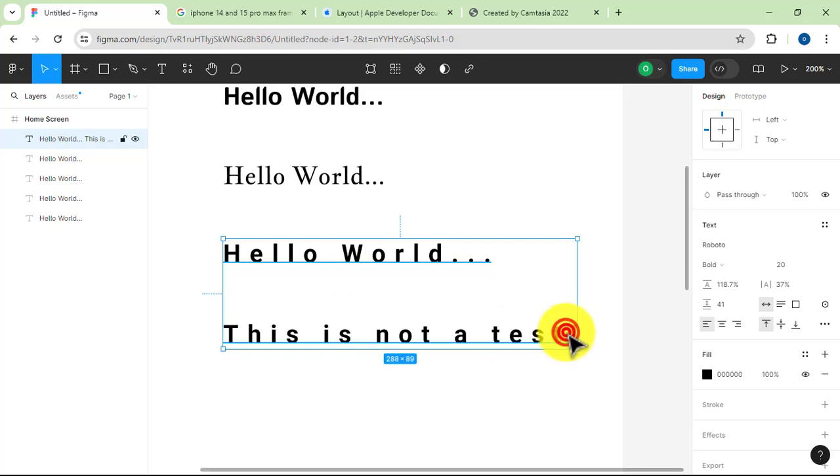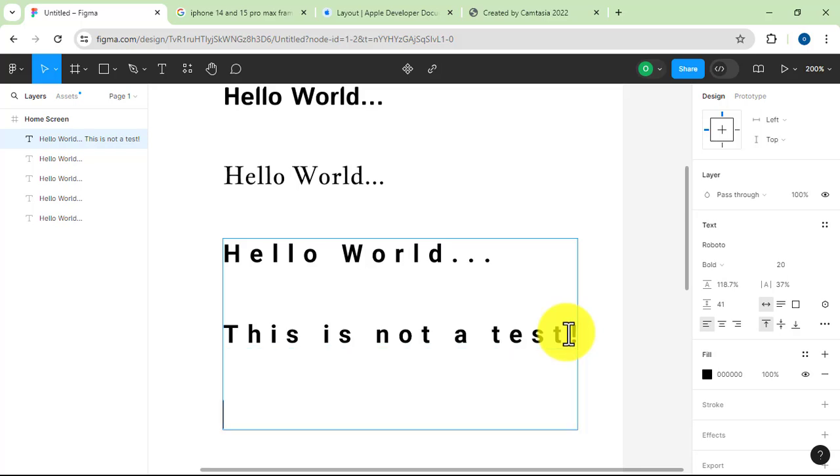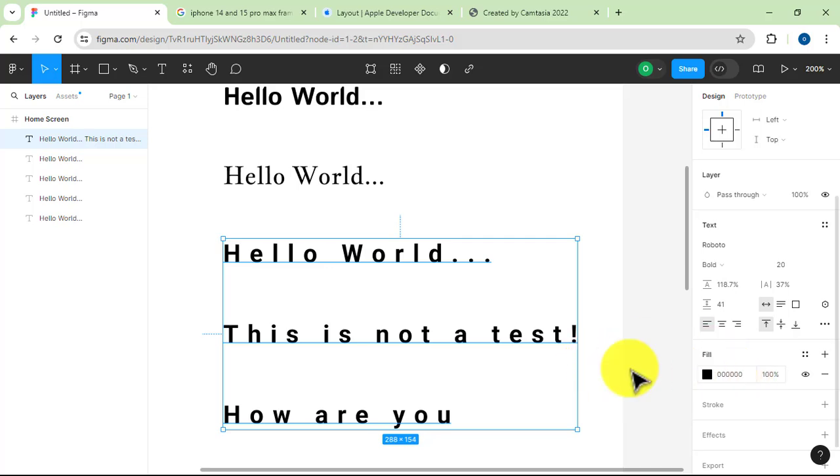So let's assume we have more than one paragraph, we have some other paragraph. Let's say I type here, how are you? Now this is what I'm talking about. So as much as we are still on this setting of paragraph spacing of 41, any paragraph that is added to this, we always maintain these settings that we have in this place, right? So this is just how to do the manipulations of text